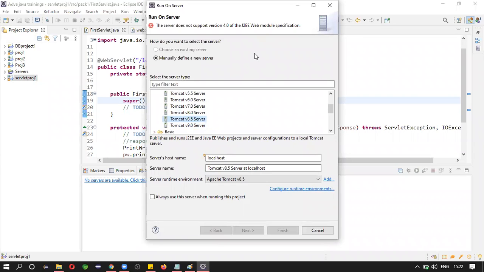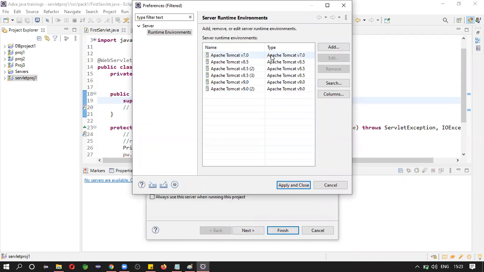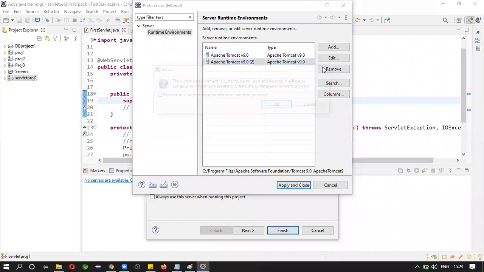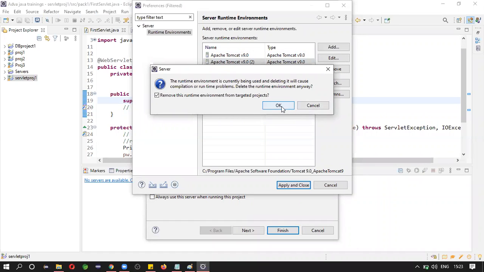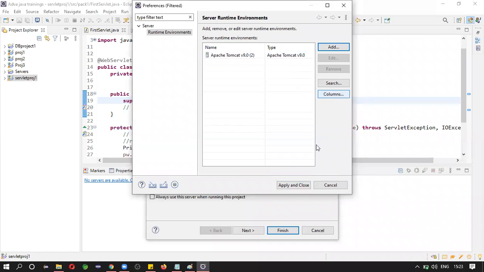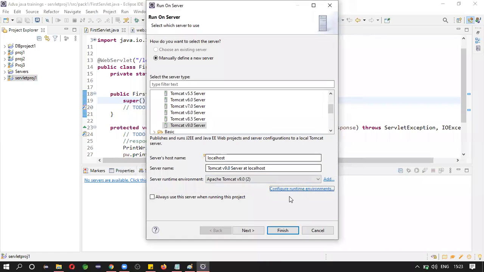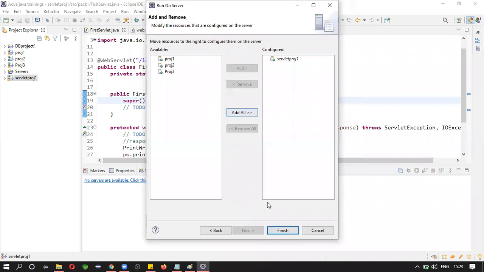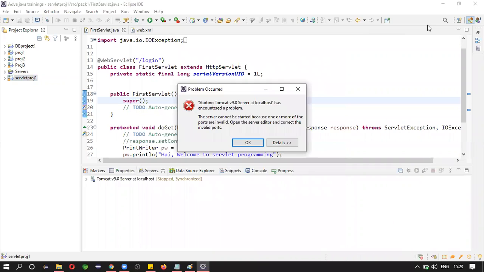So the problem is with the Tomcat version. Okay. Still the same problem?